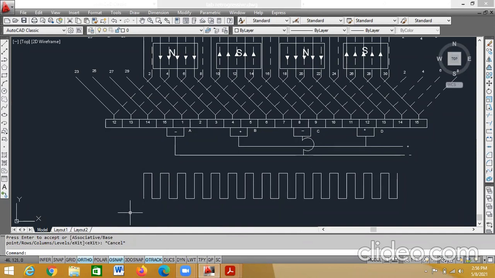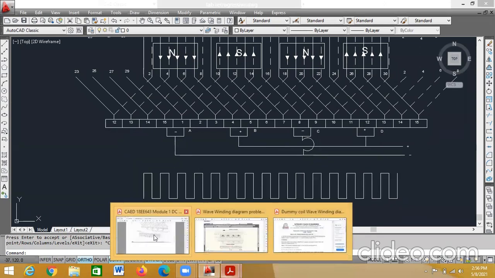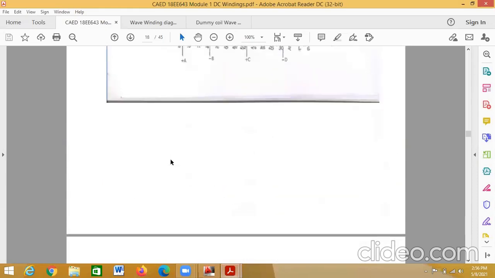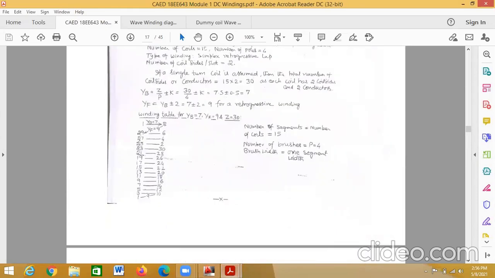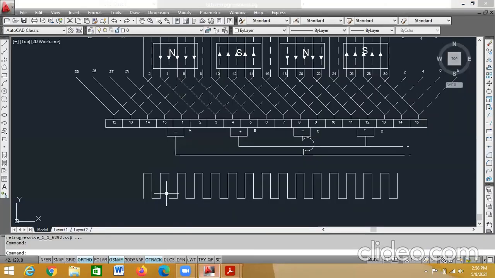Now you have to number according to the winding table. So I have to number according to this. 1, 8, 29. Or else you can start alternatively. Start with 1. Then third will be 29, 27. Then you start from second, 8, 6, second, fourth conductor, like that. You can start numbering. Okay. 1, 8, 29, 6. You have to see this and you have to number.